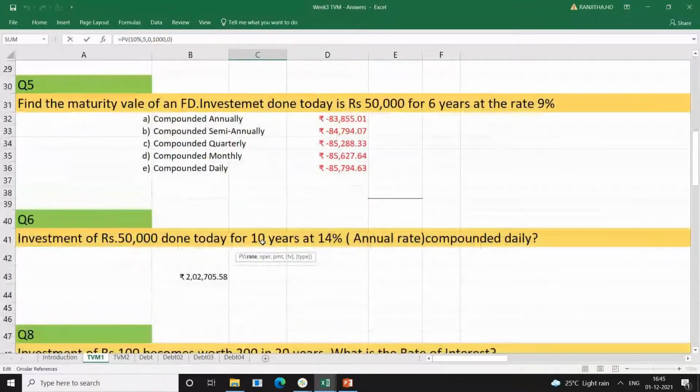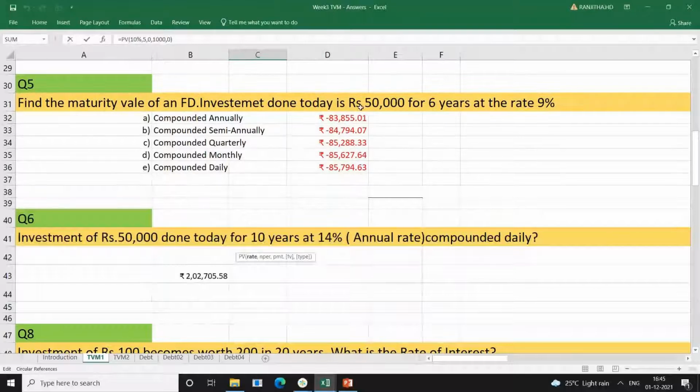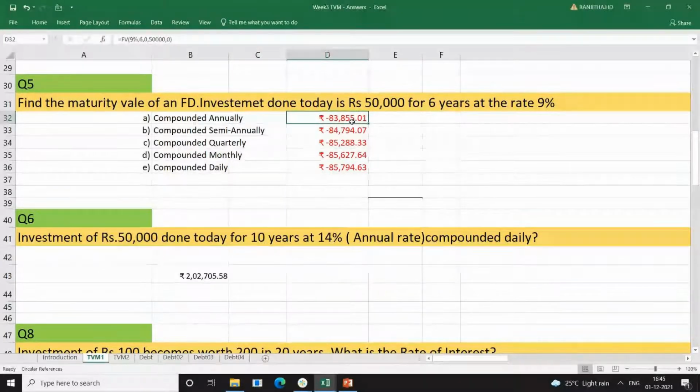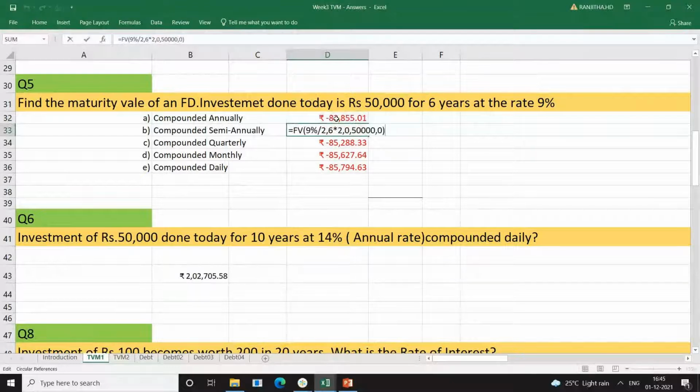So now, whenever you want to find out the annual, monthly, or other periodic rate, that is what they will be representing. It is the percentage you are given, that is annual, for that whole 6 years. As I told you, it is nothing but like an annuity. For semi-annually, that 9% is divided by 2, in the sense that the year will be divided by 2. This is how you do the semi-annually. So the 6 years will be divided by 2.